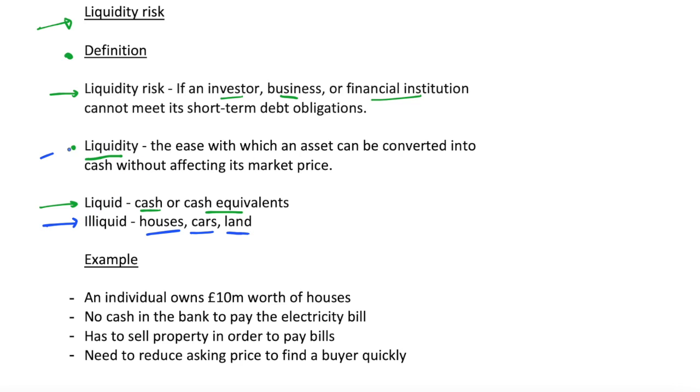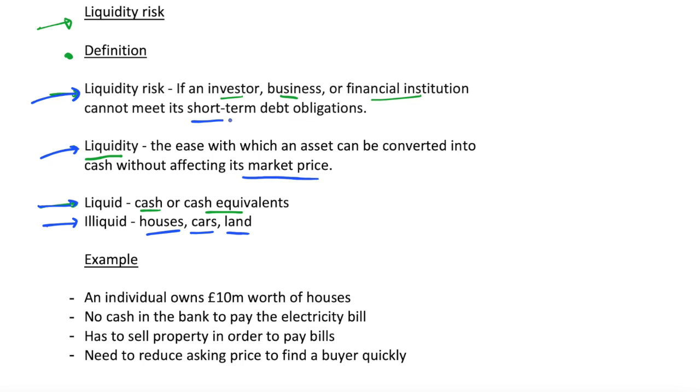Or, if we look at our definition for liquidity, we could sell a house very quickly if we were to reduce the market price. If we want to sell the house for what it's worth, say a house that's worth £1 million, if we want to sell it for £1 million, we're going to have to go through this process. However, if we reduce the price to, say, £50,000, someone may be willing to take this off our hands very quickly because it's a good deal, but maybe not even then, because they may think that they're being scammed or something like that. But that's what liquid versus illiquid is, and so this is how it ties into liquidity risk,